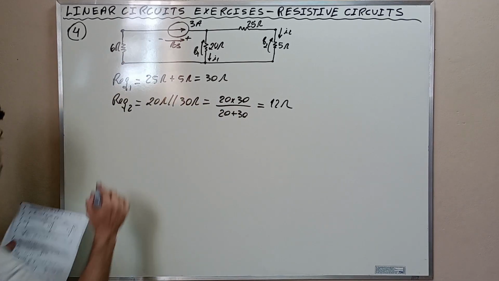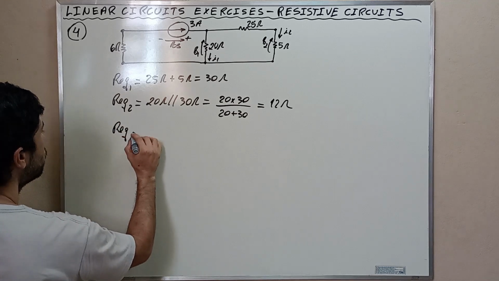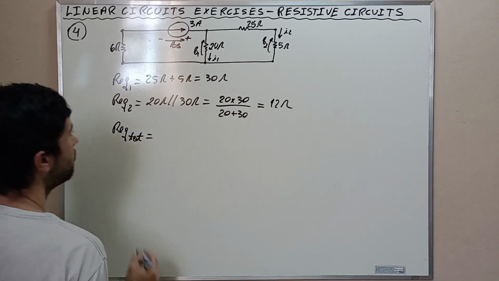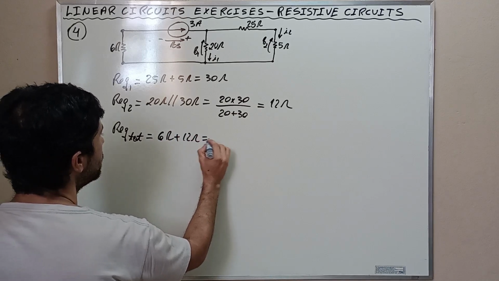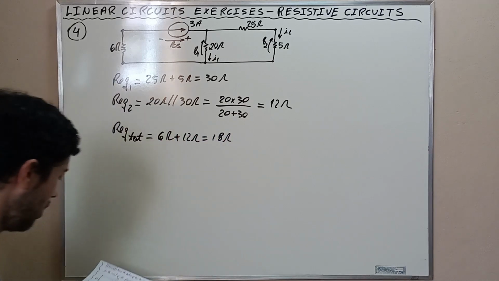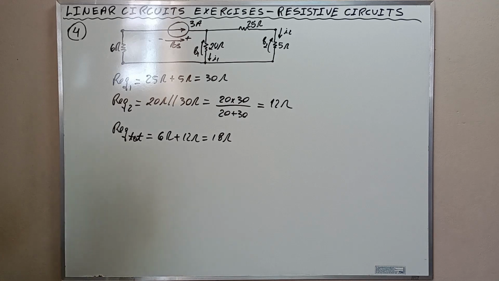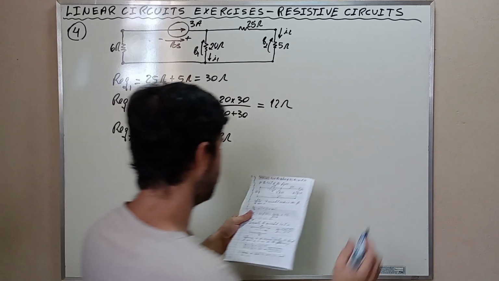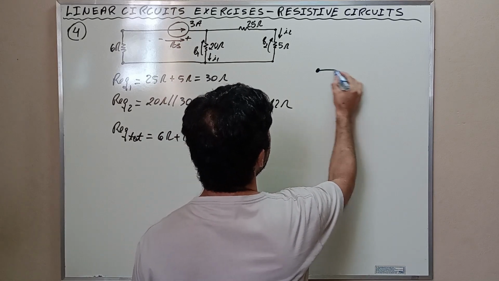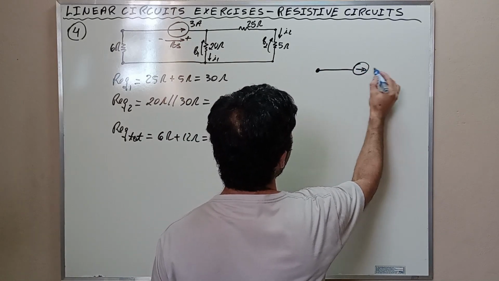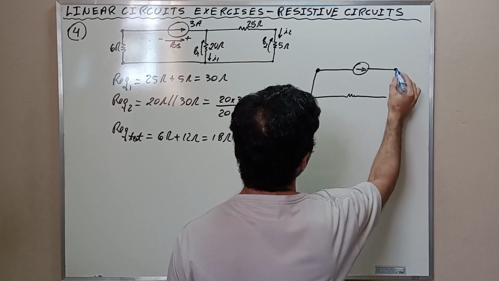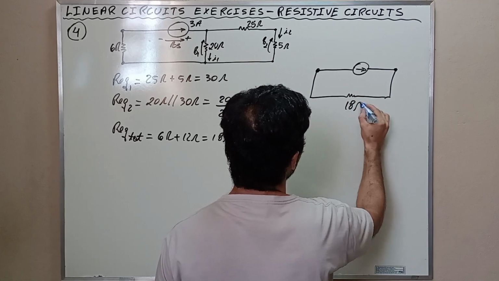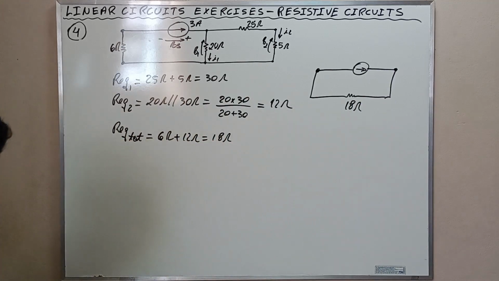And the total equivalent resistance is therefore 6 ohms plus 12 ohms, which is 18 ohms. Okay? We have calculated the equivalent resistance, and we've reduced the circuit to this. There is going to be a source here. Okay? And a resistance here. This resistance we calculated and we found 18